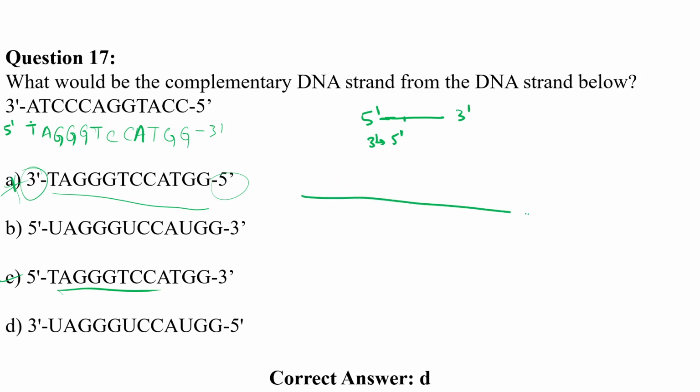I'll draw a longer strand for better clarity. So this is 5 prime and this is 3 prime, right? So if I am designing a primer of this region, this will be 3 prime to 5 prime. If I am designing a primer for this region, this will be 5 prime, sorry, this will be 3 prime to 5 prime here. Okay. So now for this region, when you are actually doing this experiment in your lab,